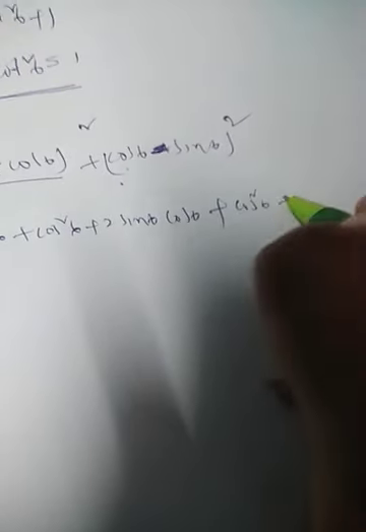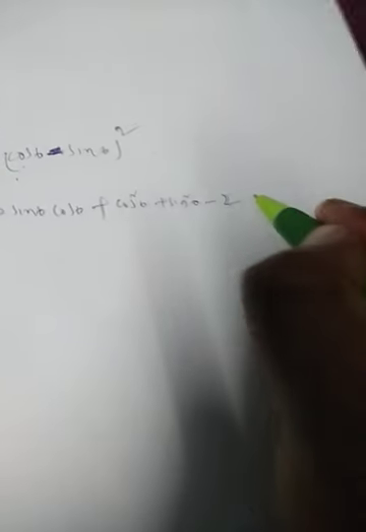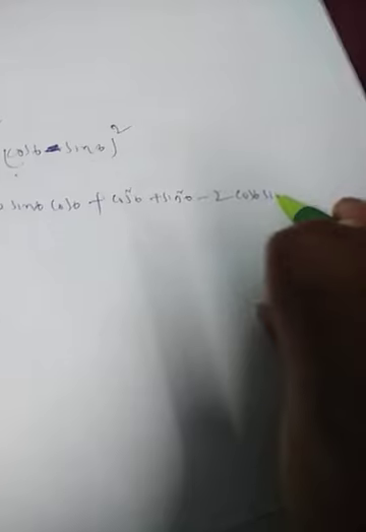Now this is A minus B whole square. What can I write? A square plus B square minus 2AB. A is cos theta, B is sin theta. 2 sin theta cos theta, 2 cos theta sin theta, both are the same. Why? 2AB, 2BA, both are the same. So sin square theta plus cos square theta is what? 1. Cos square theta plus sin square theta is what? 1. Just now we discussed this. A square plus B square or B square plus A square, both are the same. 1 plus 1 will be 2.